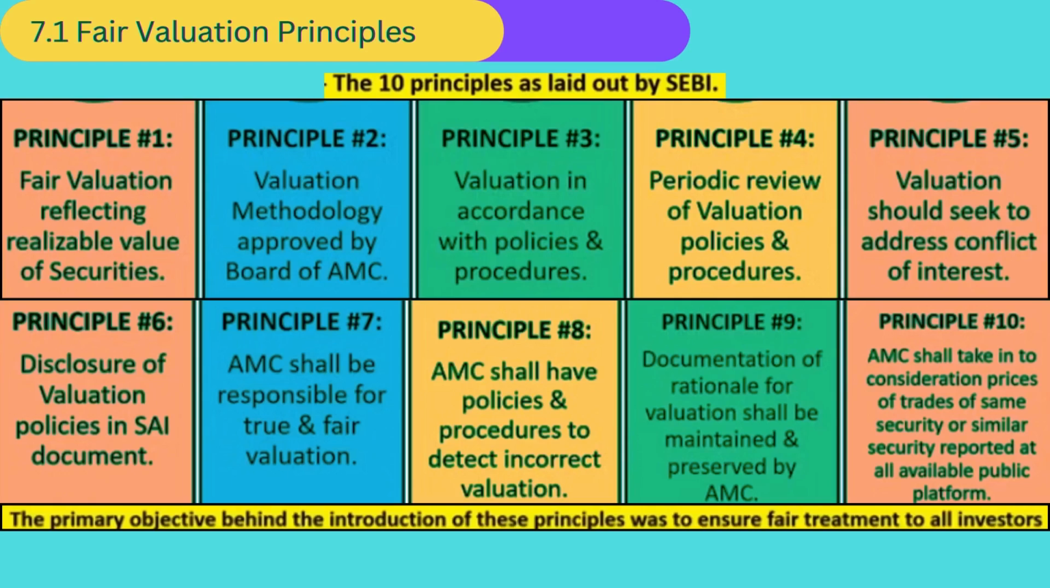Principle 7. AMC shall be responsible for true and fair valuation. The responsibility of true and fairness of valuation and correct NAV shall be of the AMC. Principle 8. AMC shall have policies and procedures to detect incorrect valuation. Principle 9. Documentation of rationale for valuation shall be maintained and preserved by AMC. Principle 10. AMC shall take into consideration prices of trades of same security or similar security reported at all available